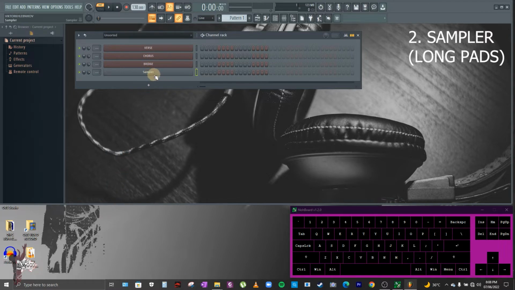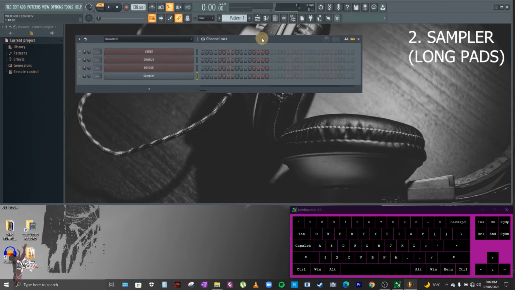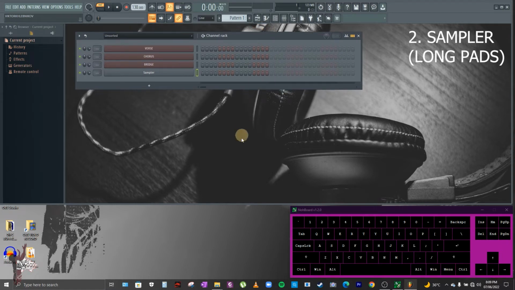Okay, now we have the sampler here. What we are going to do is search for the MP3 pad that we have saved in our folder, then drag and drop it directly into this sampler.